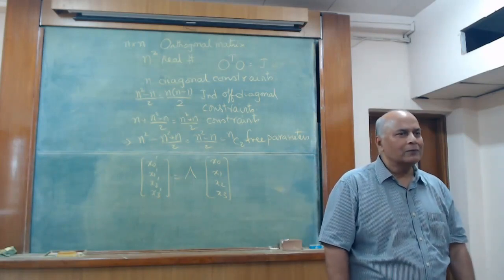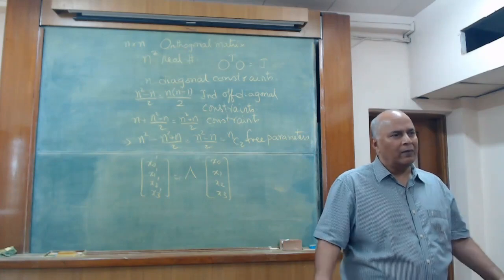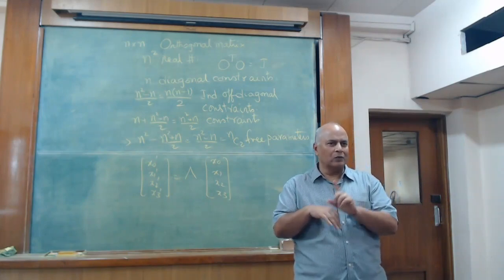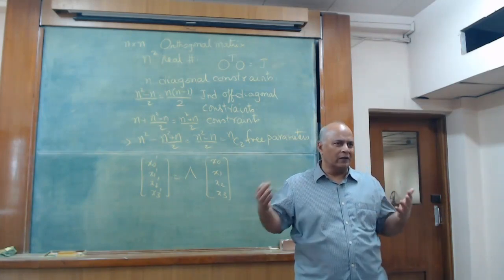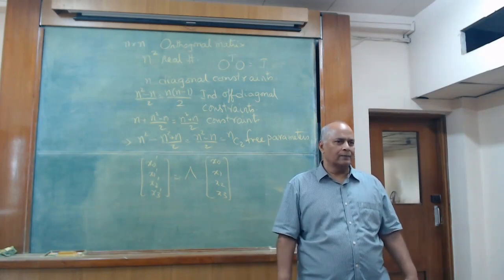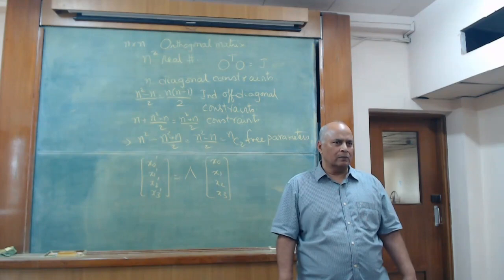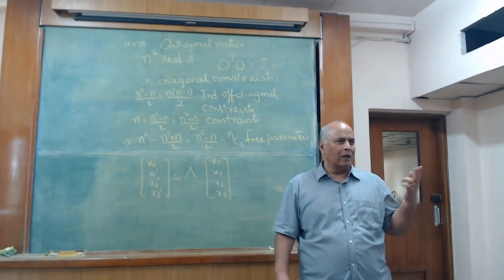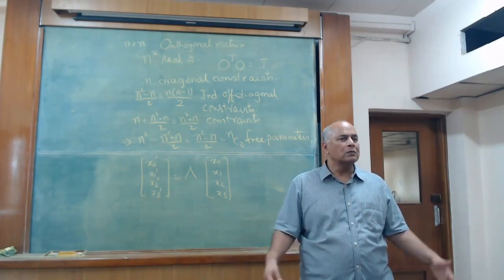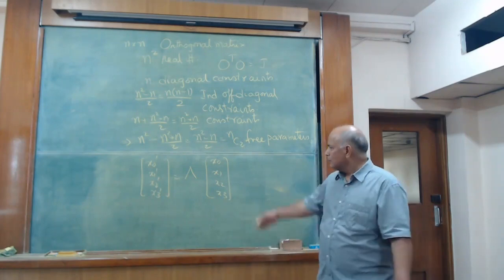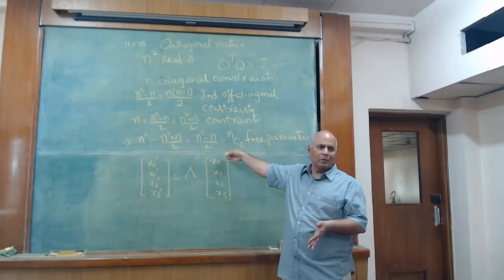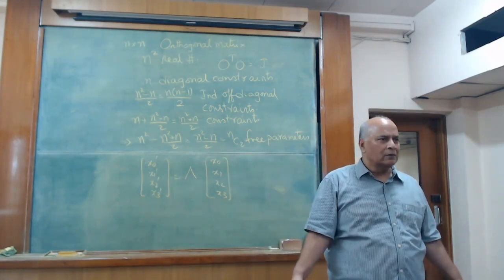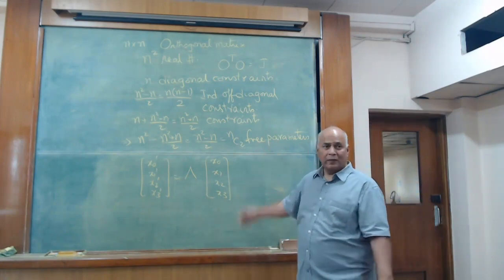No, not n by 2. I have n variables, and one simplest rotation requires two variables. So how many independent simplest rotations can I construct? I have to choose 2 out of n. And how many ways can I choose? NC2. So that's another way to argue that the n by n orthogonal matrix requires NC2 parameters.